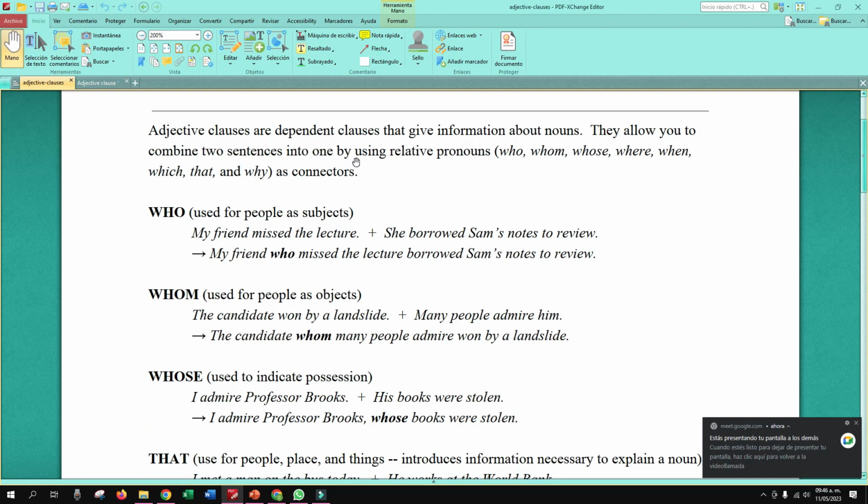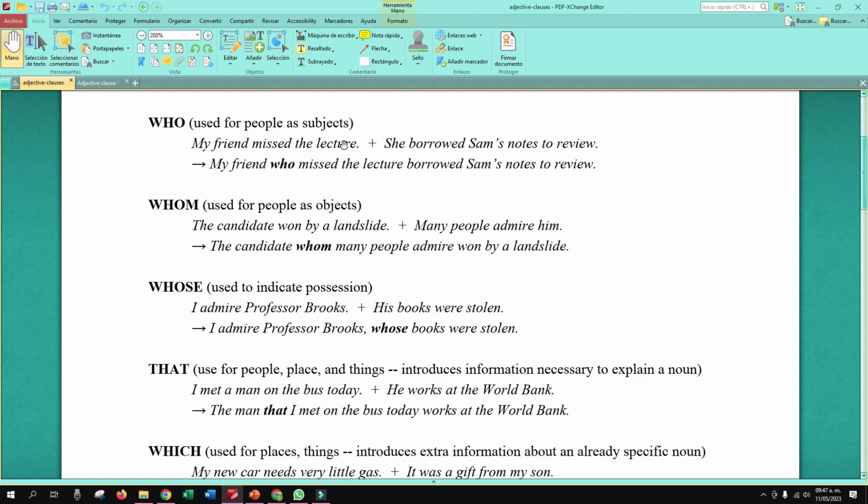Adjective clauses are dependent clauses that give information about nouns. We know that, right? So they allow you to combine two sentences into one by using relative pronouns. There you have who, whom, whose, where, when, which, that, and why as the connectors, right? So you can call where, when, and why relative adverbs, but they are also relative pronouns. We can call them in that way, right? So, who is used for